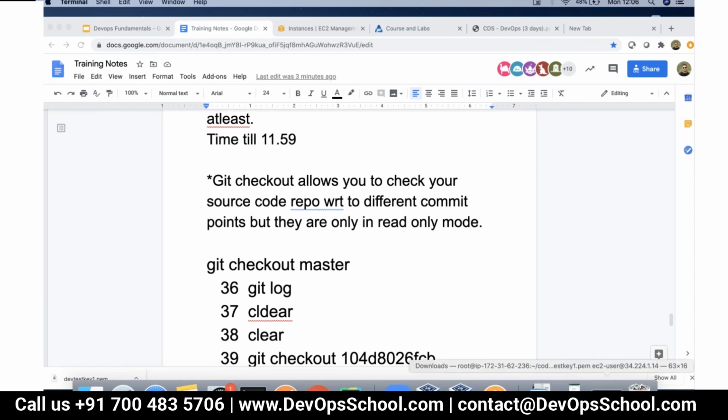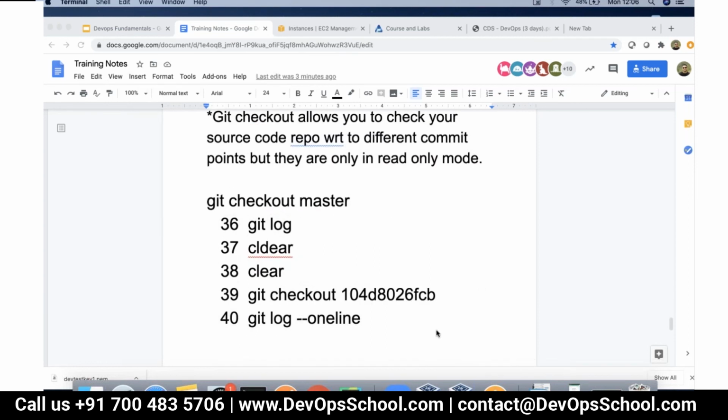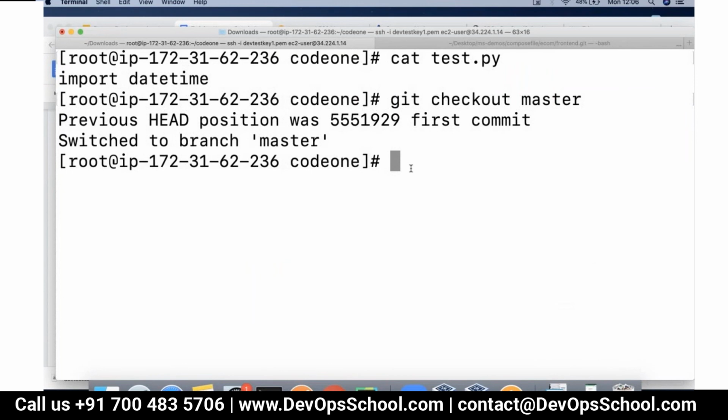So the changes made, whatever you said, I could understand that it is read only. I'm just trying to understand about the file system level copy. If you are copying that file once you move to the respective checkpoint, does it have the information till the checkpoint we moved, or how does that part work? So when you say copy, you want to copy it to some other folder or directory? Correct, yeah. Okay. So let's see that.